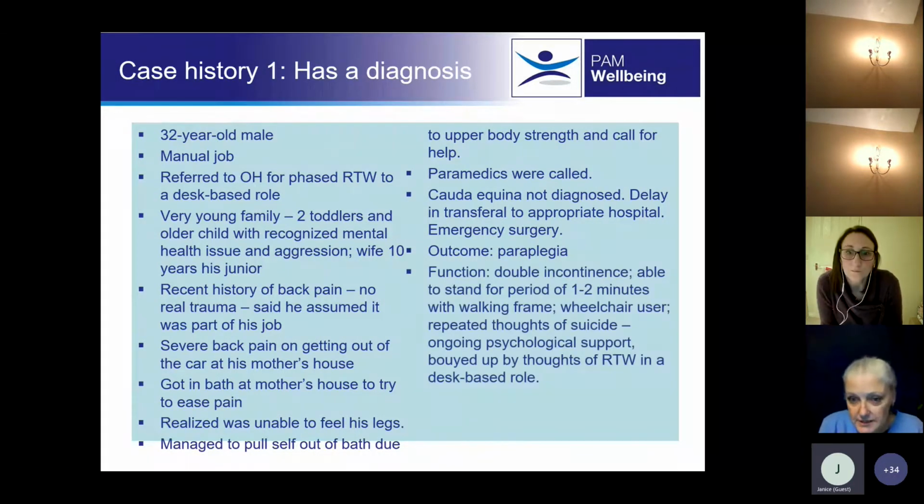He's doubly incontinent. He can stand for a period of 1 to 2 minutes with a walking frame. He's a wheelchair user. He's had repeated thoughts of suicide, but he's had ongoing psychological support. And he was really buoyed up by thoughts of a return to work in a desk-based role. And at the time I assessed him, he was very well supported psychologically, and